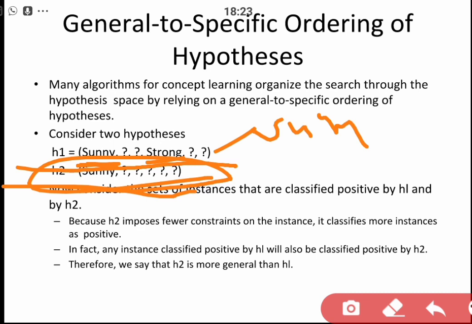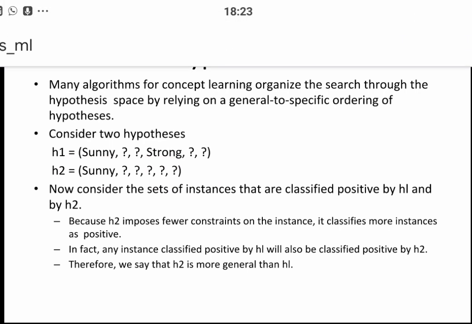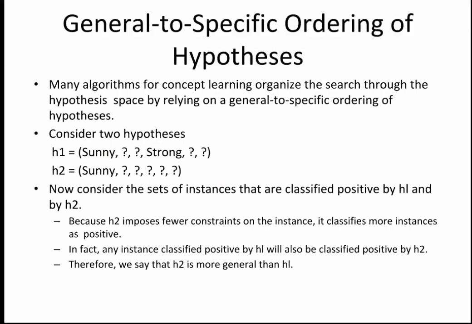This was the term that we were using, general and specific. So please don't get confused. When more of the examples are classified with the help of a hypothesis, it is termed as more general than the other one that is able to classify a smaller number of examples, right? So clearly from H1 and H2, your H2 is going to classify more positives or more target concepts than your H1, and hence we will say that H2 is more generalized than your H1.